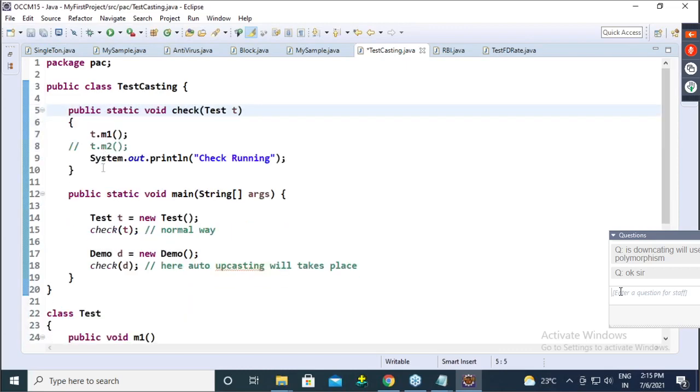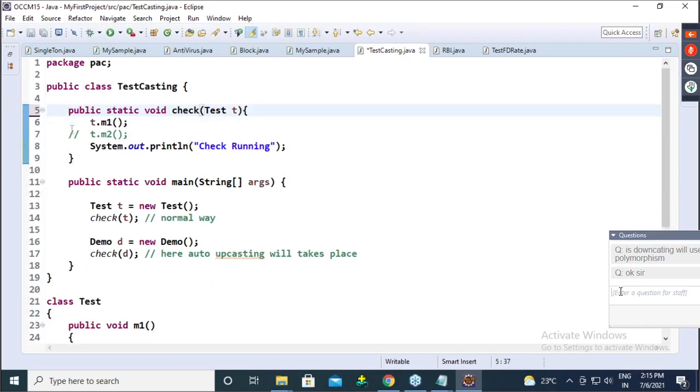Now, any confusion in polymorphism up to now? Any confusion? All other people? Okay.